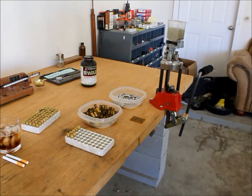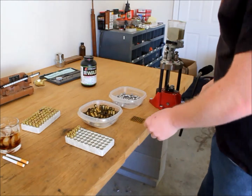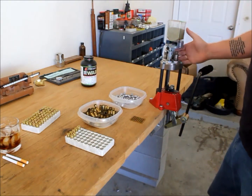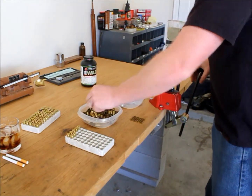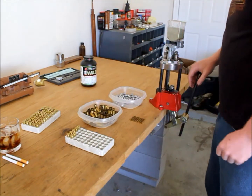Alright, today's video is about reloading your own bullets using the Lee turret press. I love it a lot. It's pretty quick and efficient. So from start to finish,